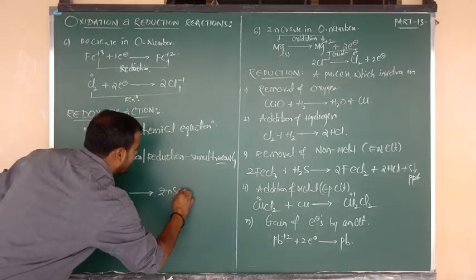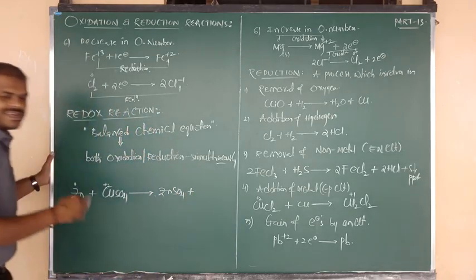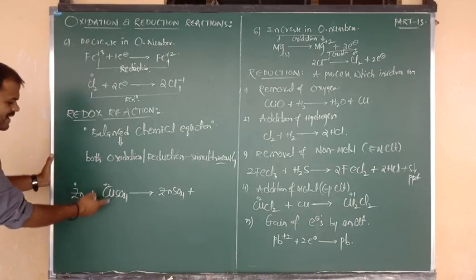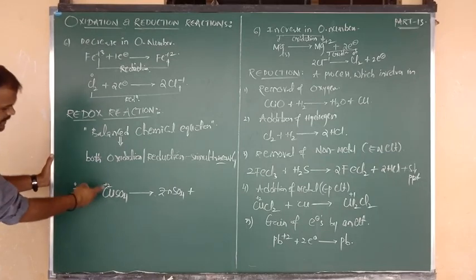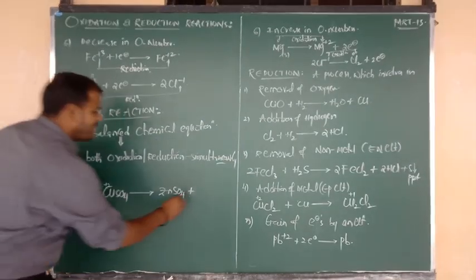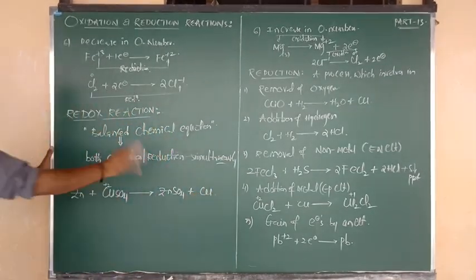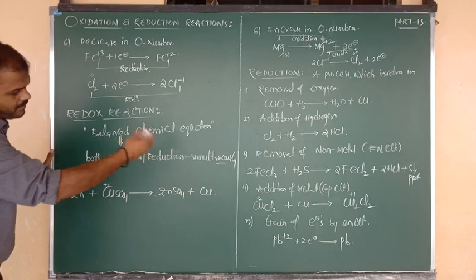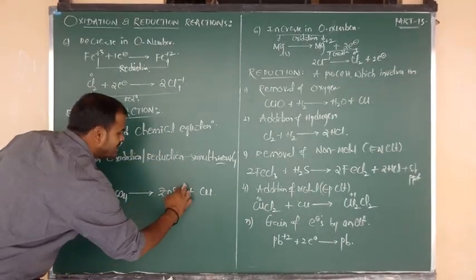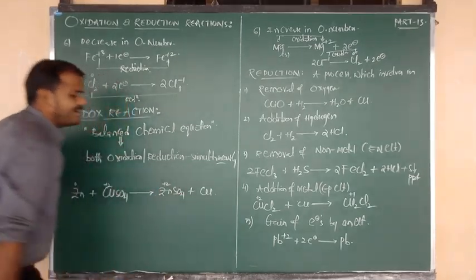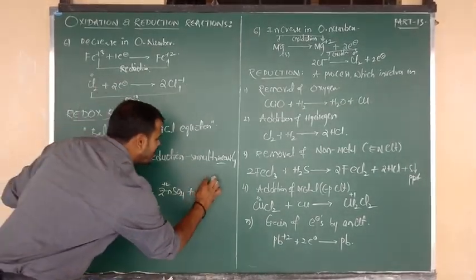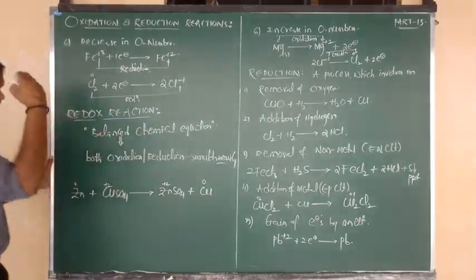So we can write zinc sulfate. It is also known as a displacement reaction. Copper metal is displaced by the zinc because a more reactive metal can displace a low reactive metal from its respective compound. Okay, fine. And finally what comes out? Free copper will be eliminated, coming out in elemental form. In zinc sulfate, SO4 contains -2, zinc contains +2. In copper sulfate, copper contains +2, but here free copper is there, and elemental copper contains 0.